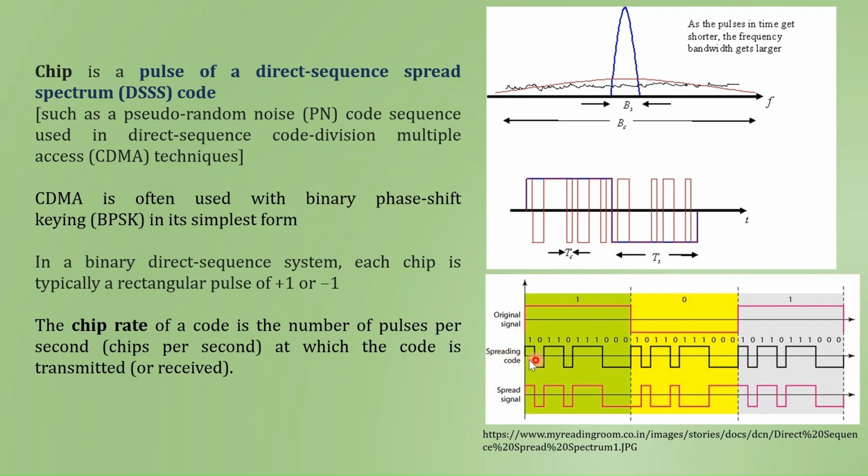So here we can see this is the spreading code and this is the repetition. So here we have 1 0 1 1 0 1 1 1 and then 0 0 0. And again the same sequence is there, 1 0 1 1 0 1 1 1 0 0 0, and the same repetition is there. So this spreading code is utilized to broadcast the original signal. But here, as we can see, in the original signal at some places we are having 1 and then 0,